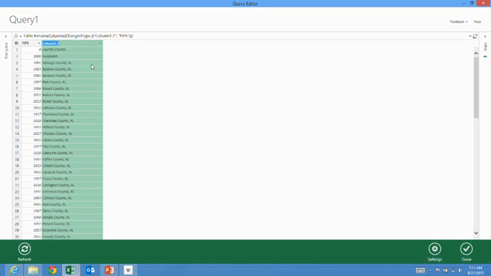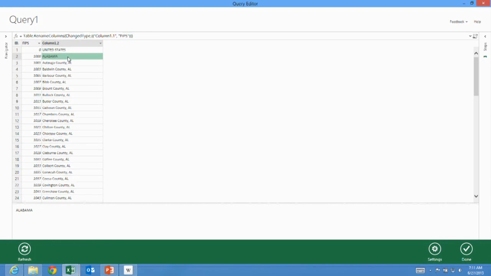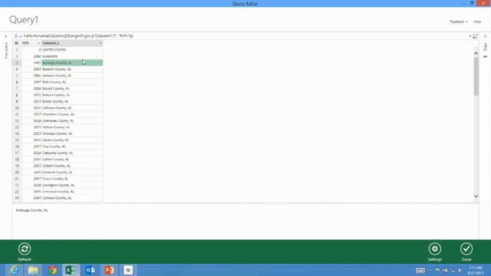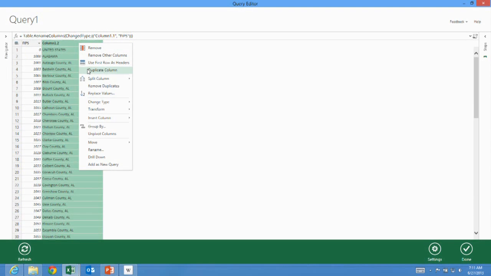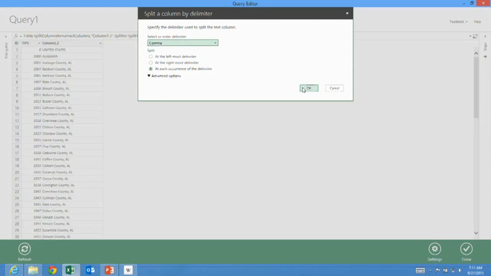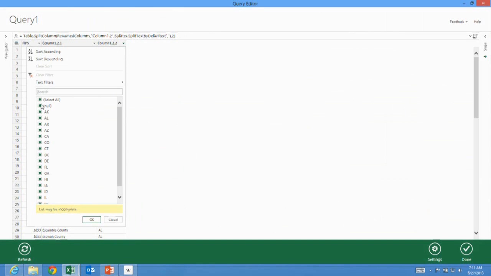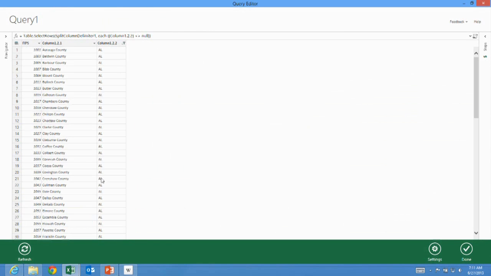Actually, I want to do one more thing over it. It looks like I've got some values here. I've got states, and I've got the state name, and then I've got the actual counties. And what I really want is the counties. So I could go through here and just unclick all the states, but that would take a long time. So let's do a transformation to clean that up. What I'll do is go ahead and split on comma. And then anything that's null, I can get rid of. There. Now I have the county